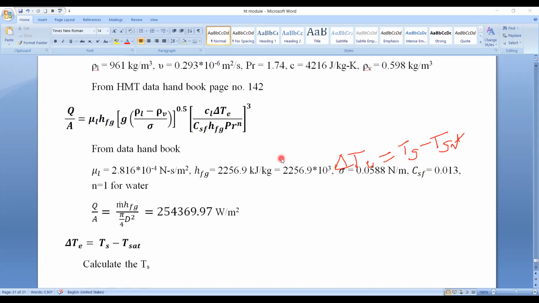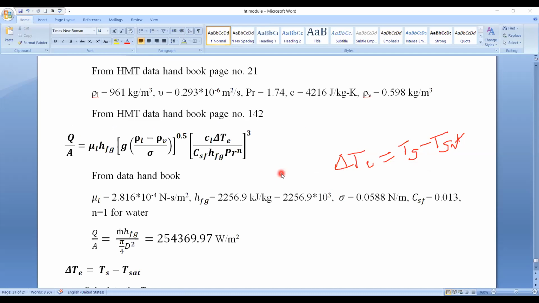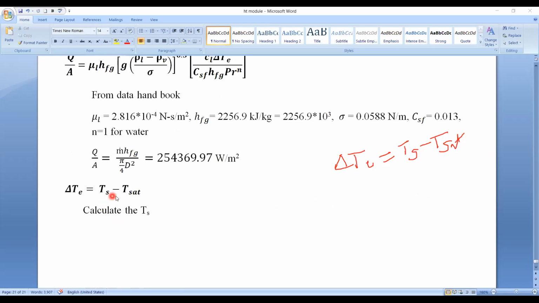These two problems are very important from your examination point of view. He will definitely ask. If he asks a problem from boiling, definitely he will ask one among these two problems. Okay. So I hope this is clear. So please give your answers in the comment box because the calculation of TS is homework for you. Calculate the values of TS and put them in the comment box, or you can WhatsApp to my number. Already you know the number.